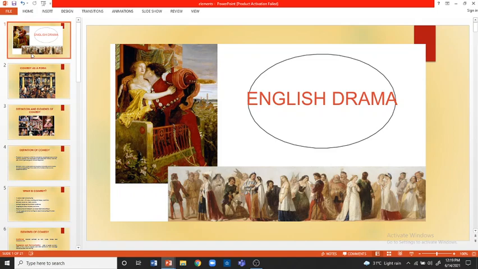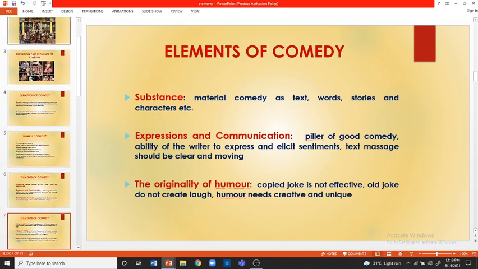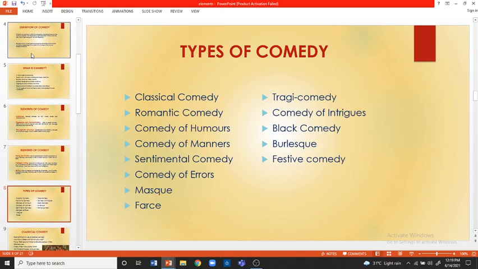We also discussed the two types in the old period and medieval period, that is classical comedy and romantic comedy. Now we will discuss what we learn today about types of comedy in the modern age. The development of comedy shows us different types. Classical comedy,